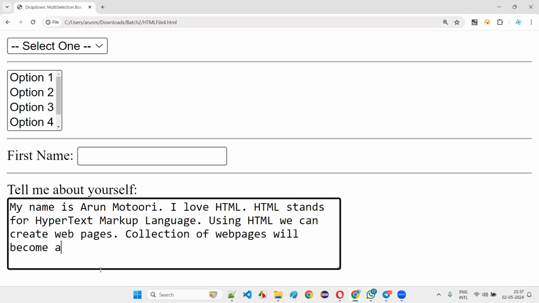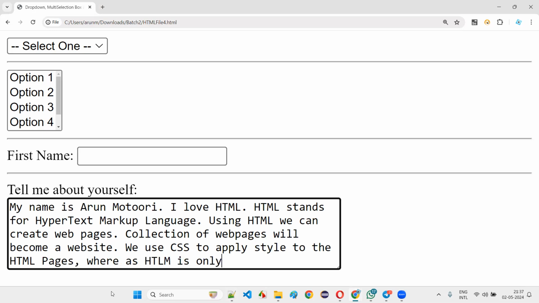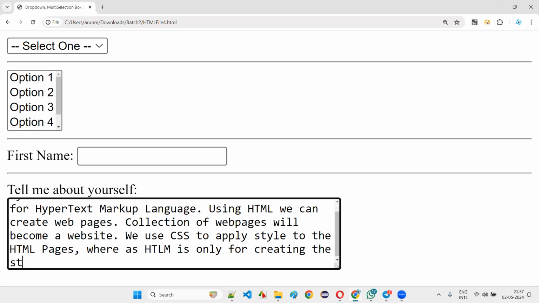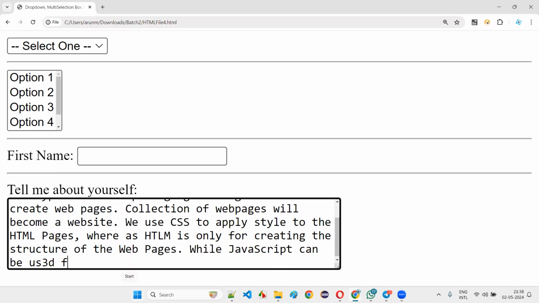The fourth line I'm writing currently is website. Okay, and we use CSS to apply styles to the HTML pages, whereas HTML is only for creating the structure. You see, automatically when I'm typing the 6th line, the scroll is automatically coming. Okay, that is the default functionality of the text area field. Okay, structure of the web pages, while JavaScript can be used for creating the